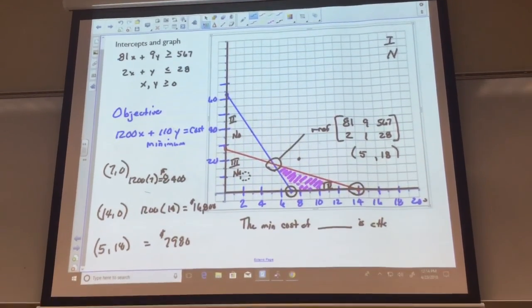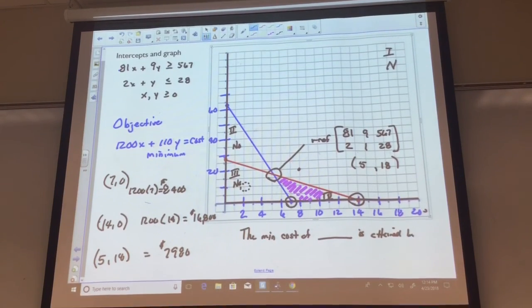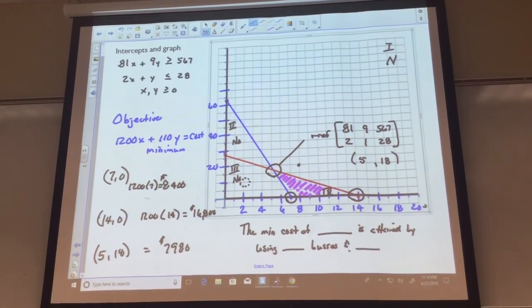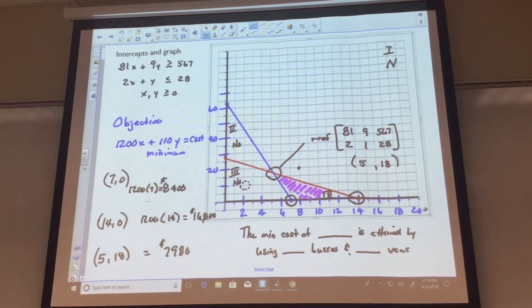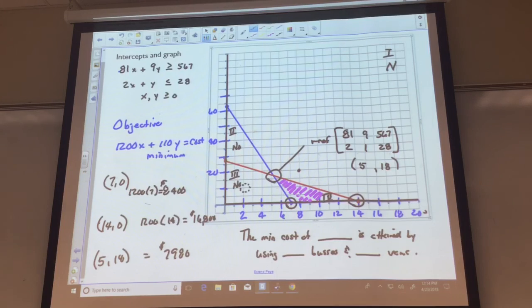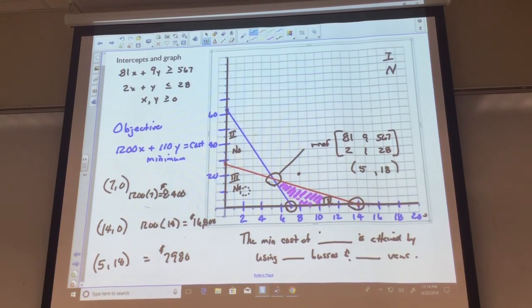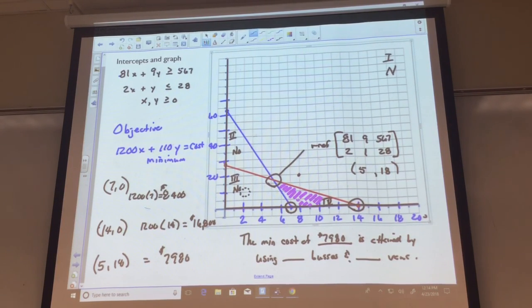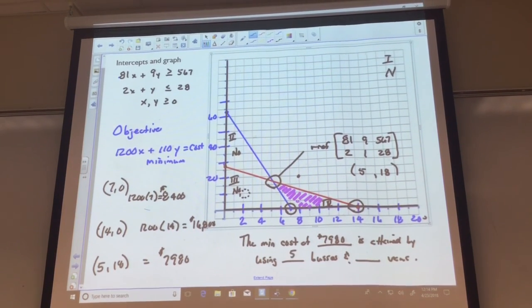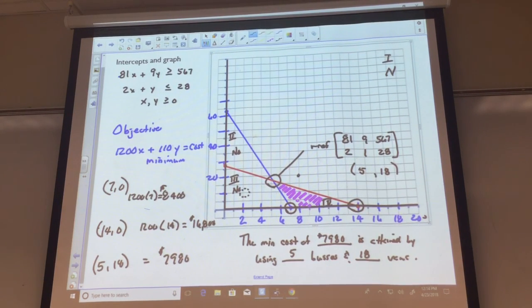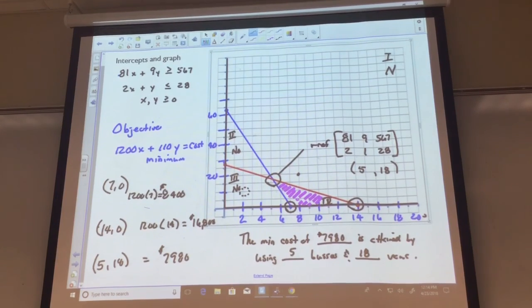is attained by using buses and vans. And that may be the way the question's phrased. And you just have to play fill in the blanks. So minimum cost is $7,980. And I get it by using 5 buses and by using 18 vans. And if I go back